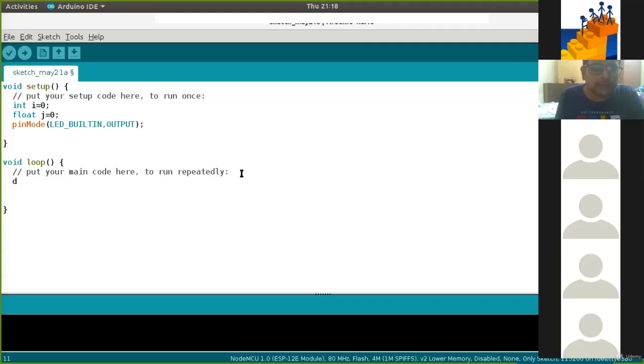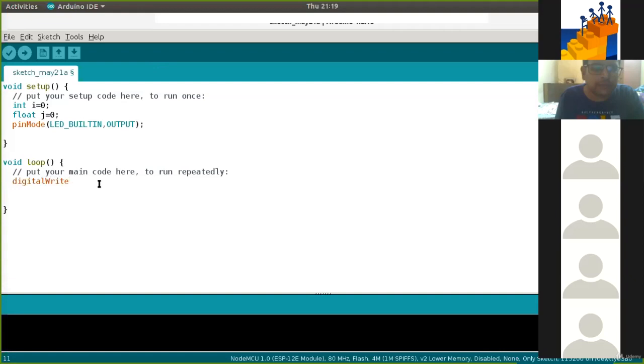The initialization is done. After the initialization, what we want to repeat continuously, we write over here. Suppose I want to glow my LED. I have declared it as an output, but in order to glow it, I'll have to use the function